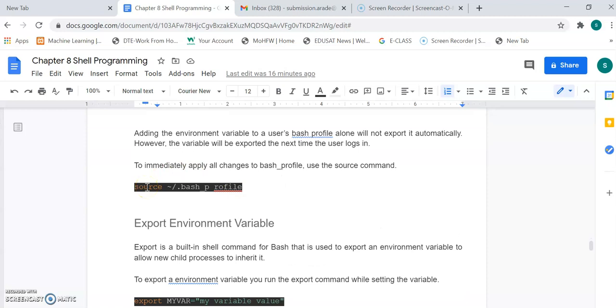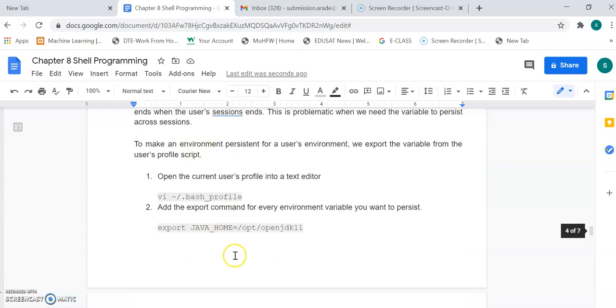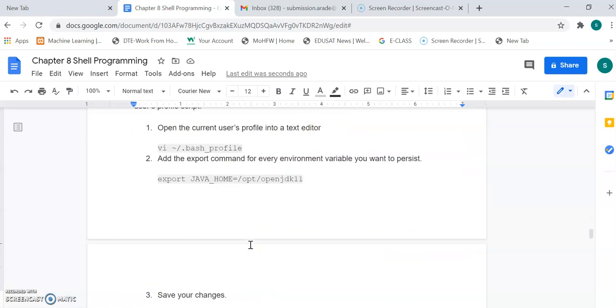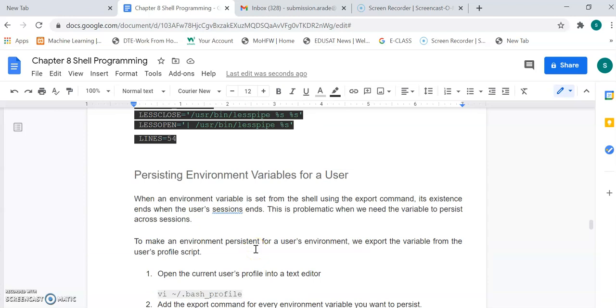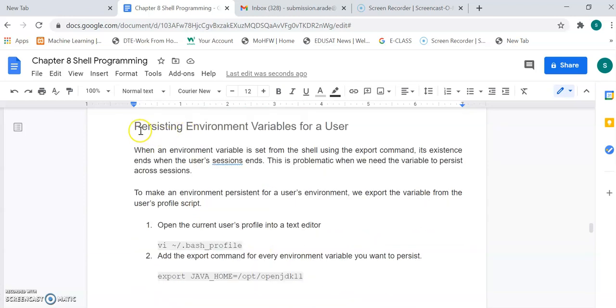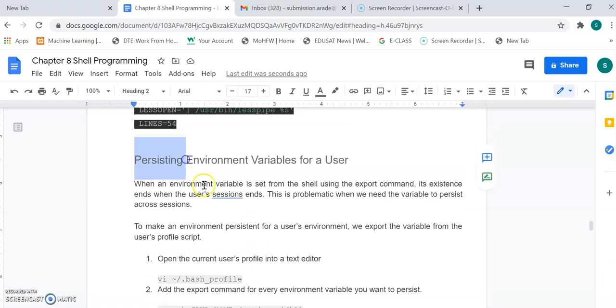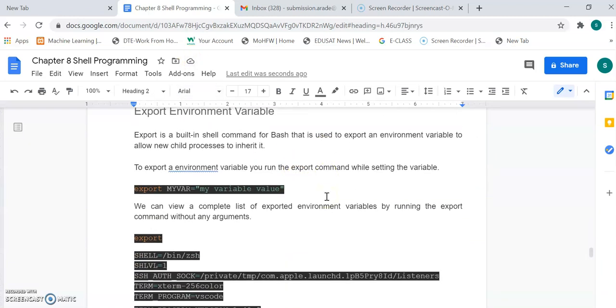After that, on the command prompt, write source tilde slash .bash_profile. There is no space. So again I am reading this command: source tilde slash .bash_profile. Press enter. Now these changes will be saved. Even if I close the shell and next time I open it, I can directly run a Java program. No need to set it every time from the shell. In this way you can set an environment variable persistently, as a permanent effect on your Linux system.